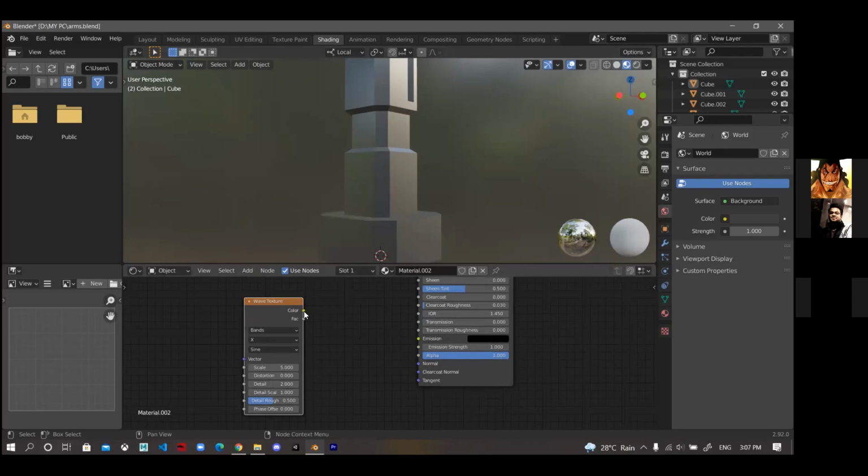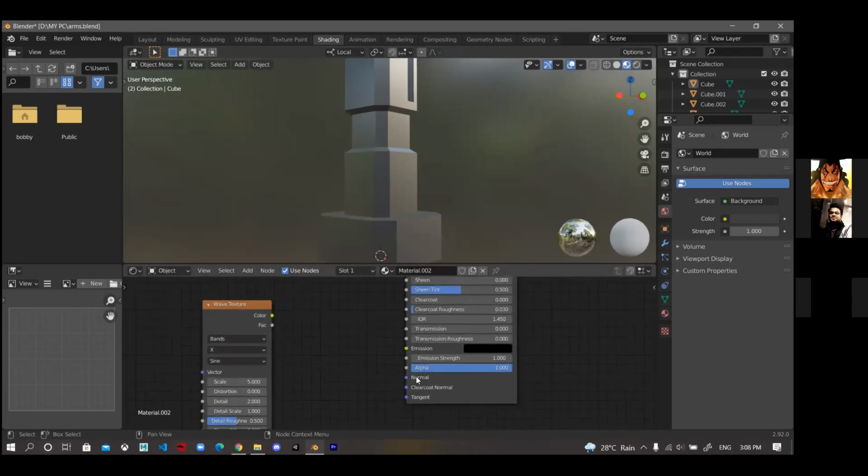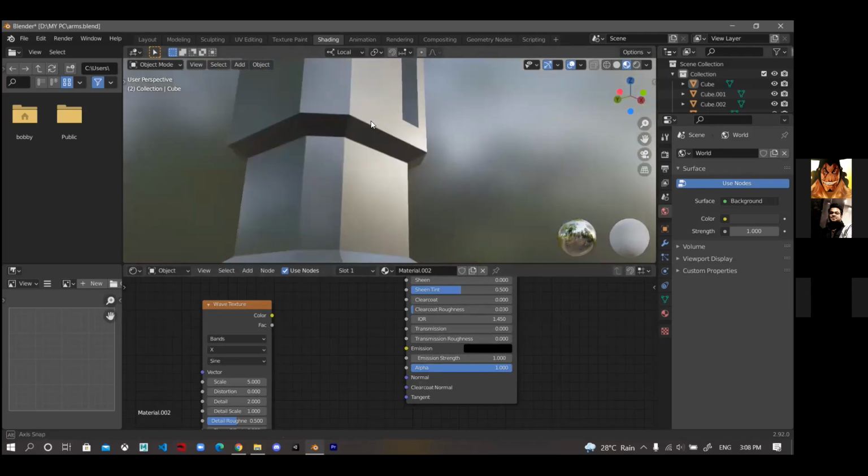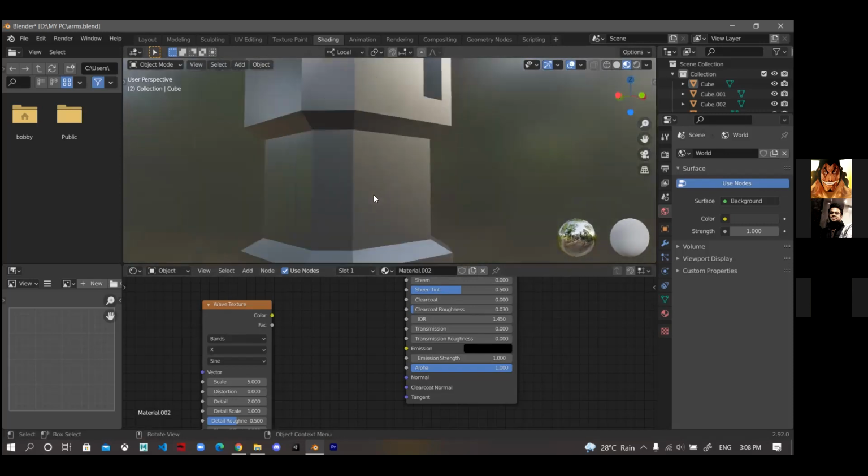Actually, we cannot add the wave texture directly to the normal. Why are we adding anything to the normal? The normal will give a 3D effect to this image.